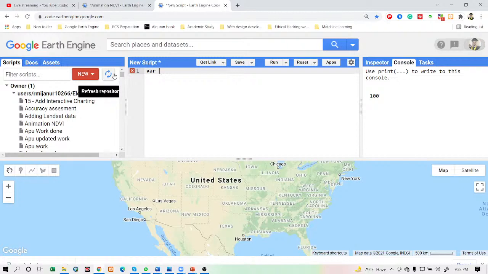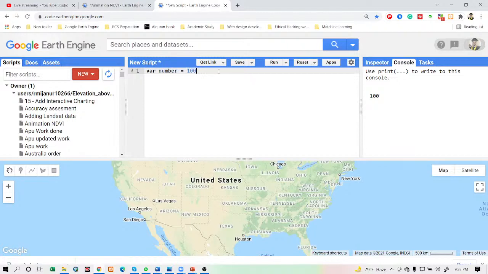Suppose this time I simply use the variable name number. Okay, and then I put here a number 100. So now this is the variable name, and this variable stores the number 100. Okay, so you just remember that when you define any variable in the Google Earth Engine JavaScript API, you must use the var keyword. After the var keyword, you use the variable name. This name is number. I define the number, then I put my number 100. So now this 100 will be stored under the variable name.